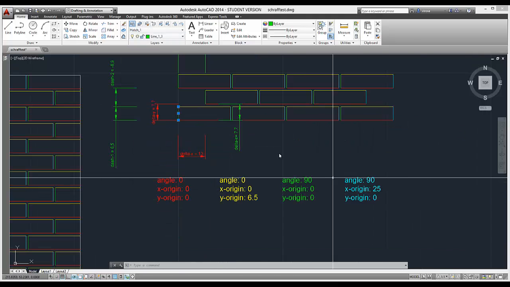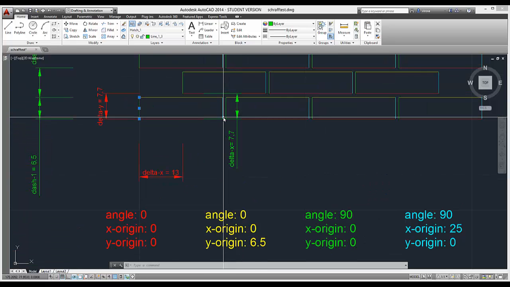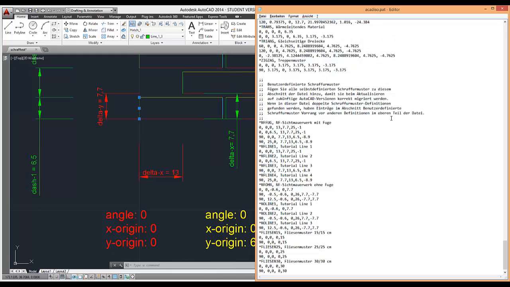And the final line, which is the cyan one, is the second ending of the brick. So it has a value for the angle of 90 degrees, of course, an origin of 25, 0, because it's now this line. It should start right here. And then the offset values are the same again. Delta x is 7.7 again, because it should alternate